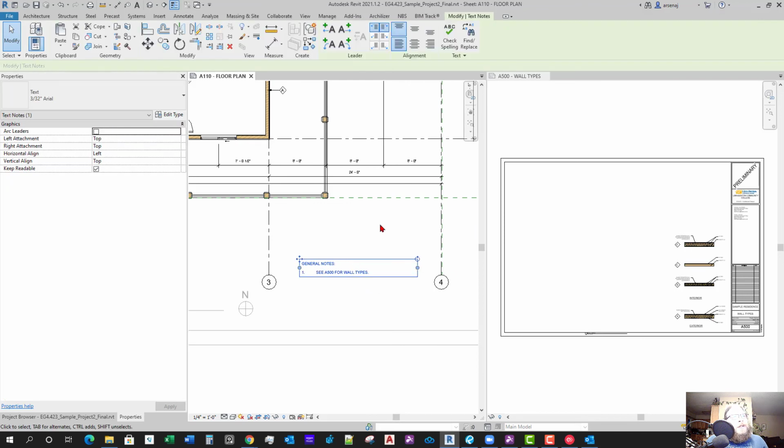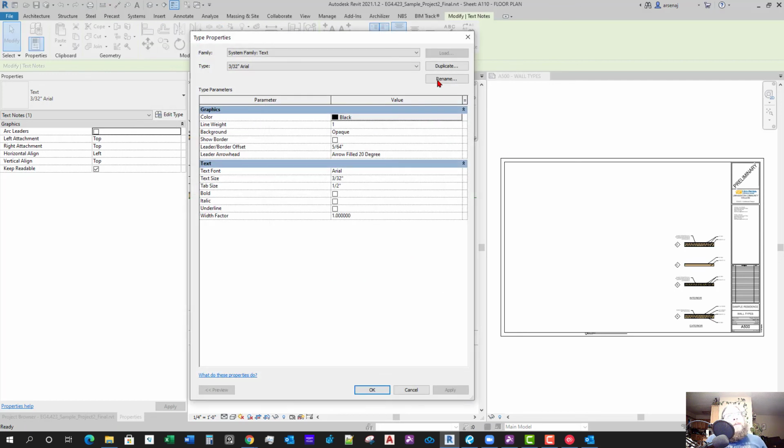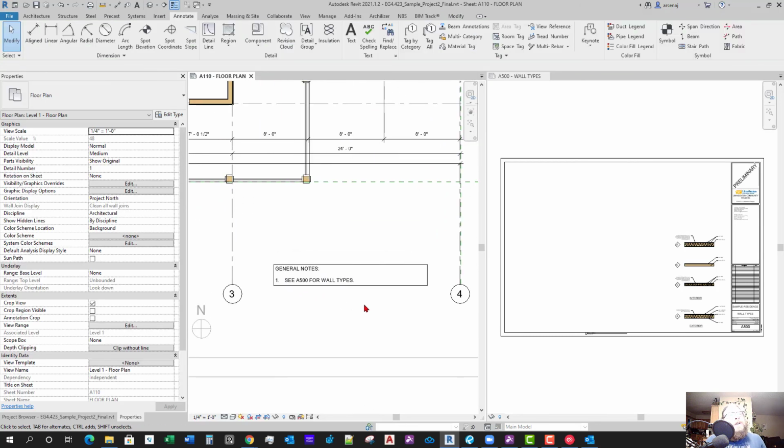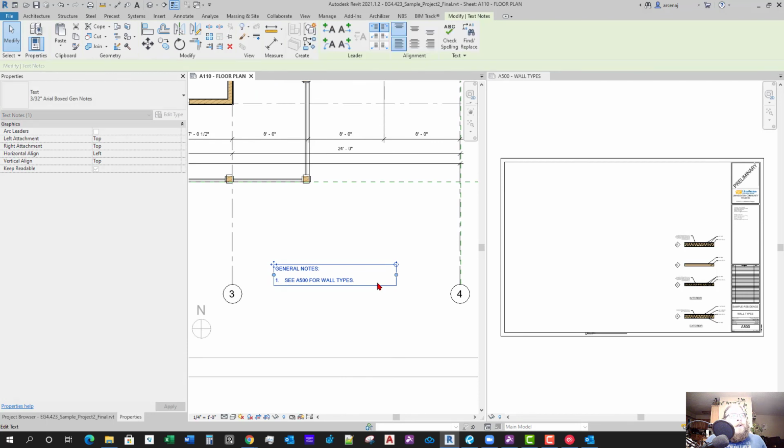I'm going to select this general note text that we just had. I'm going to edit the type. I'm going to duplicate it, and I'm going to call it Arial Boxed, and gen notes, just so we know specifically that it's for the general notes. I'm going to make a box. I'm going to bring this in to 3/64 for the leader offset. I'm actually going to reduce the size of that tab, and you'll see it should change that indentation size so that it's less now. And then we have some room to add some other general notes, like